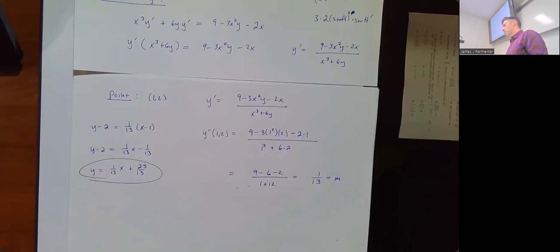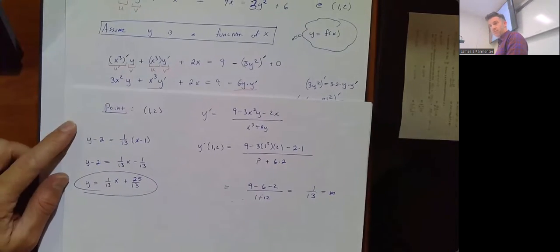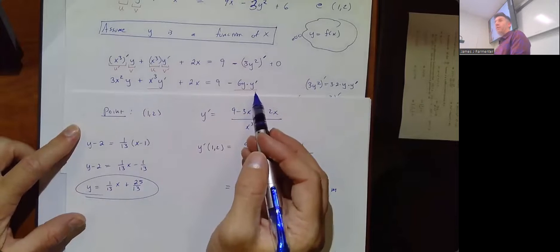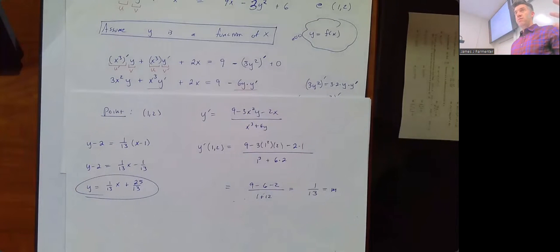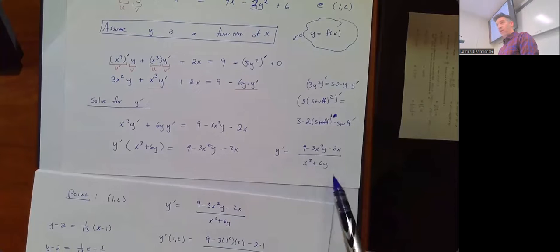It seems like a lot of work. There is one shortcut we could have taken. Is it a shortcut? Yeah, it's a shortcut. So if you go back to where we had just taken the derivative right here of both sides, we hadn't actually found y prime yet because we hadn't done all the algebra. But if you're doing this kind of implicit differentiation problem and you're just being asked to find the slope of a tangent line and not actually the derivative in terms of x and y like we did over here,